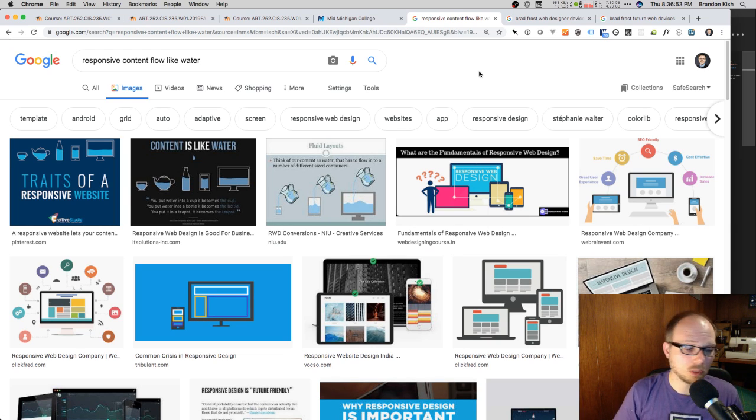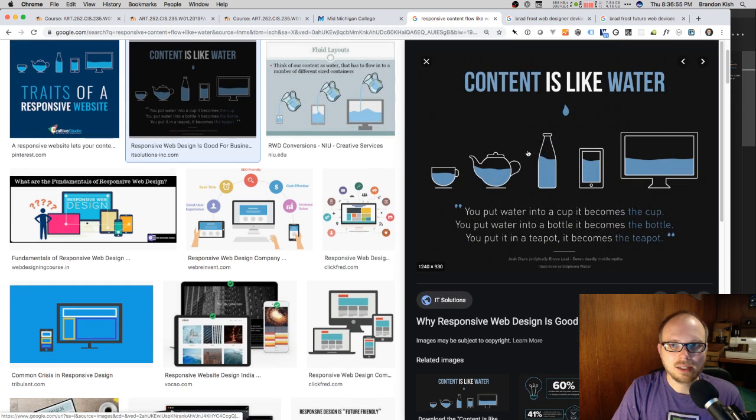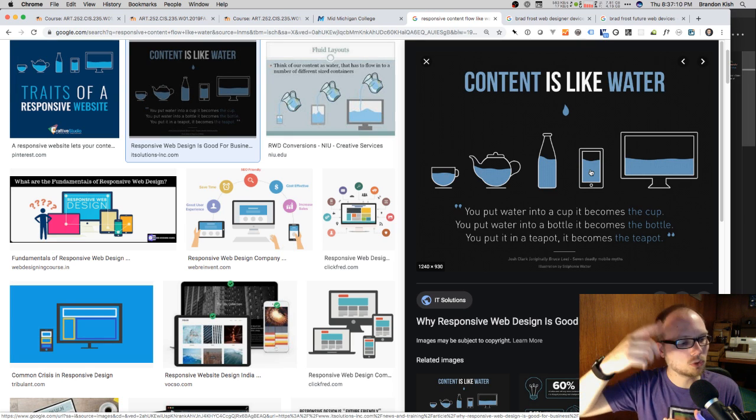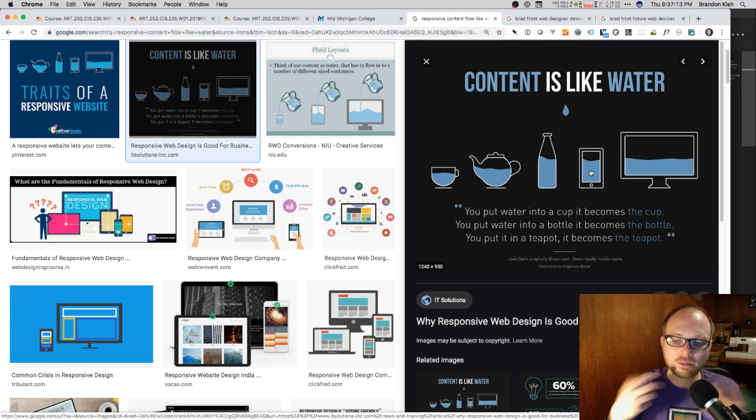A student shared with me one semester that with responsive design, you're believing that content is like water. And so this little image that shows how water expands to fill the container it's in is really what your web content is going to be like. It's going to fill up mobile, and on mobile you saw that the mid website became very tall because people are used to scrolling up and down on phones. What we've felt at the college is people are not used to scrolling left and right as much. So we use that scrolling left and right in very reserved ways. Not that you're scrolling the whole page, but maybe you're scrolling through a smaller list of things left and right. But the main content that people are used to scrolling through is vertical.